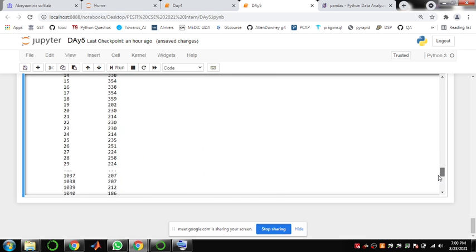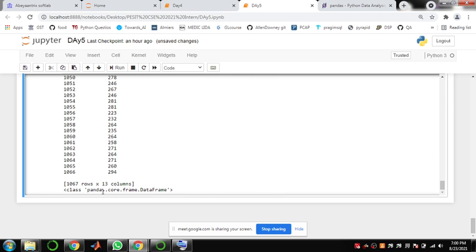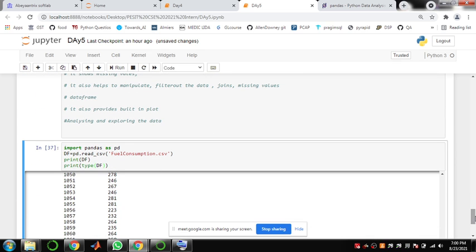It will show you at the end that its class is pandas.core.frame, called DataFrame. So its type is DataFrame. I'm just using the name df; you can take any variable name of your choice. I'll take it as data. Then I'm not going to print it.